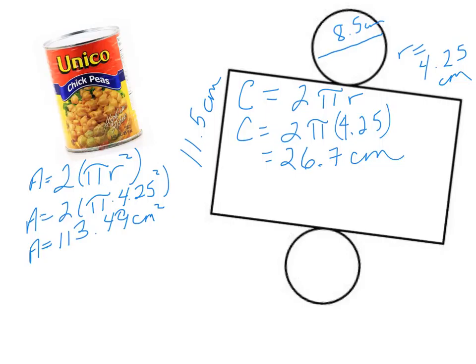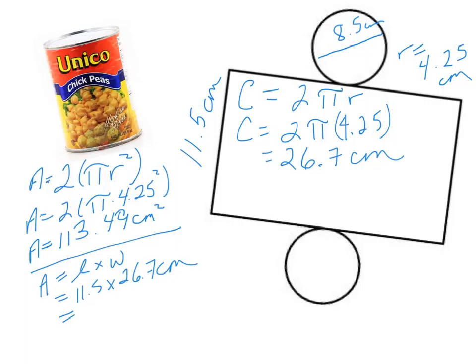With this, then we can find the area of the rectangle. So that area is equal to length times width, which is equal to 11.5 times 26.7. Which is 307.09